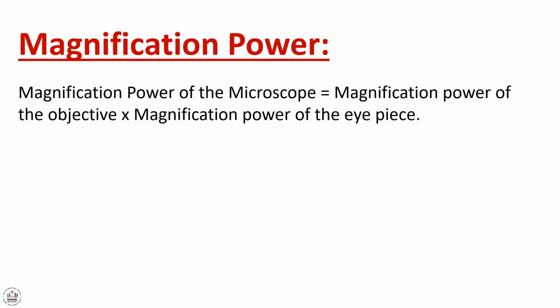Now, if we want to calculate the magnification power of the microscope, how we will calculate it? The formula is the magnification power of the microscope equals to the magnification power of the objective times magnification power